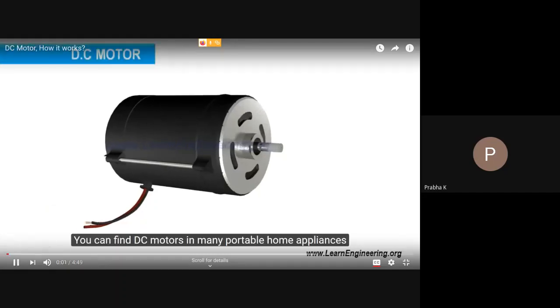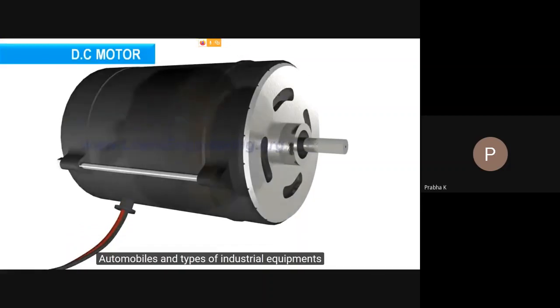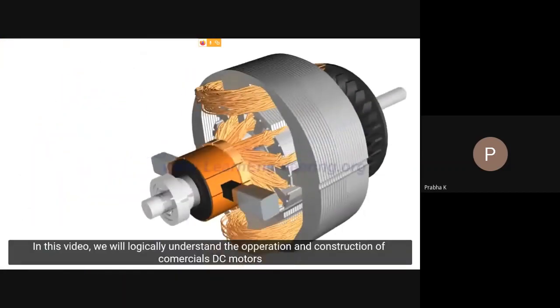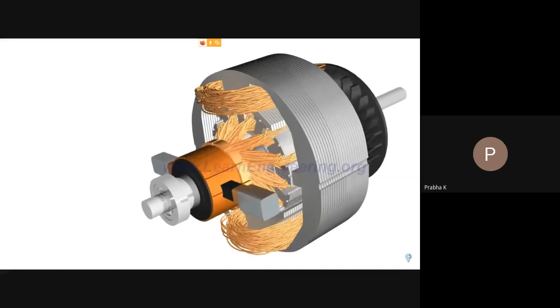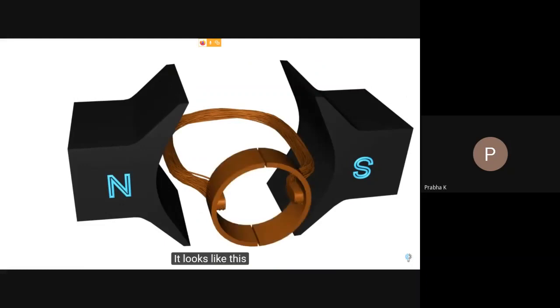You can find DC motors in many portable home appliances, automobiles, and types of industrial equipment. In this video, we will logically understand the operation and construction of a commercial DC motor. Let's first start with the simplest DC motor possible. It looks like this.